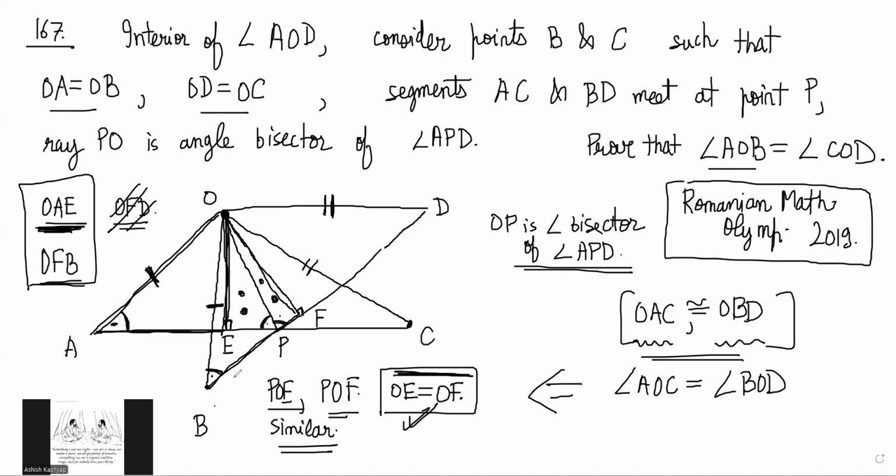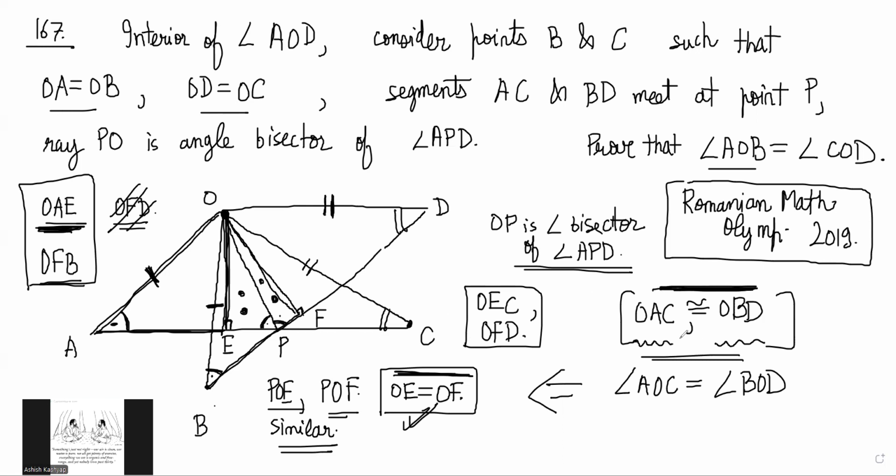Similarly, we can also get that by choosing the other right angle triangles. Which other right angle triangles? I can choose right angle triangle OEC and right angle triangle OFD now, right? From OFD, I will get that this angle is the same as this angle, right? Yes sir. And now my major proof of congruency here is done